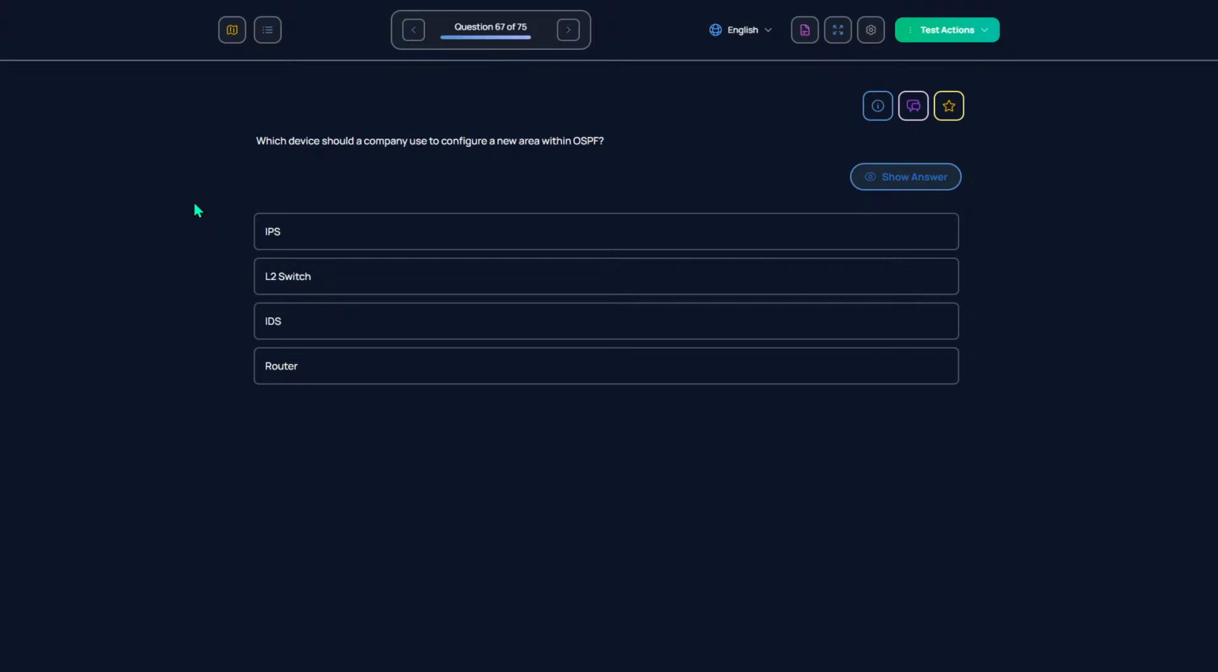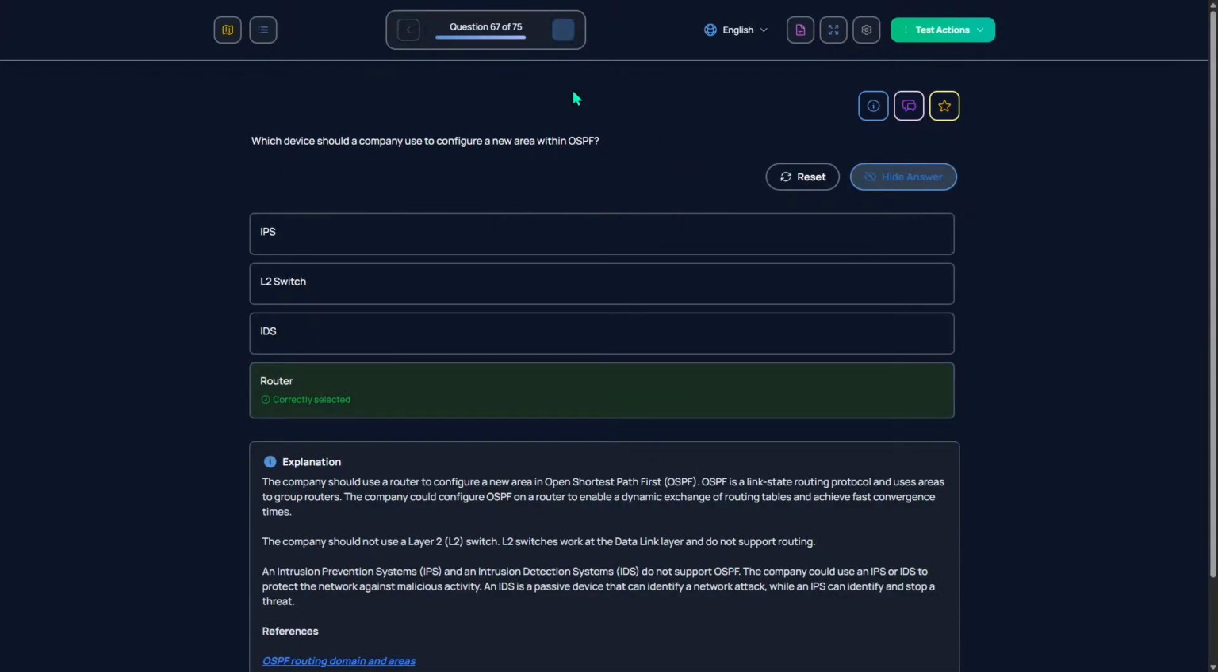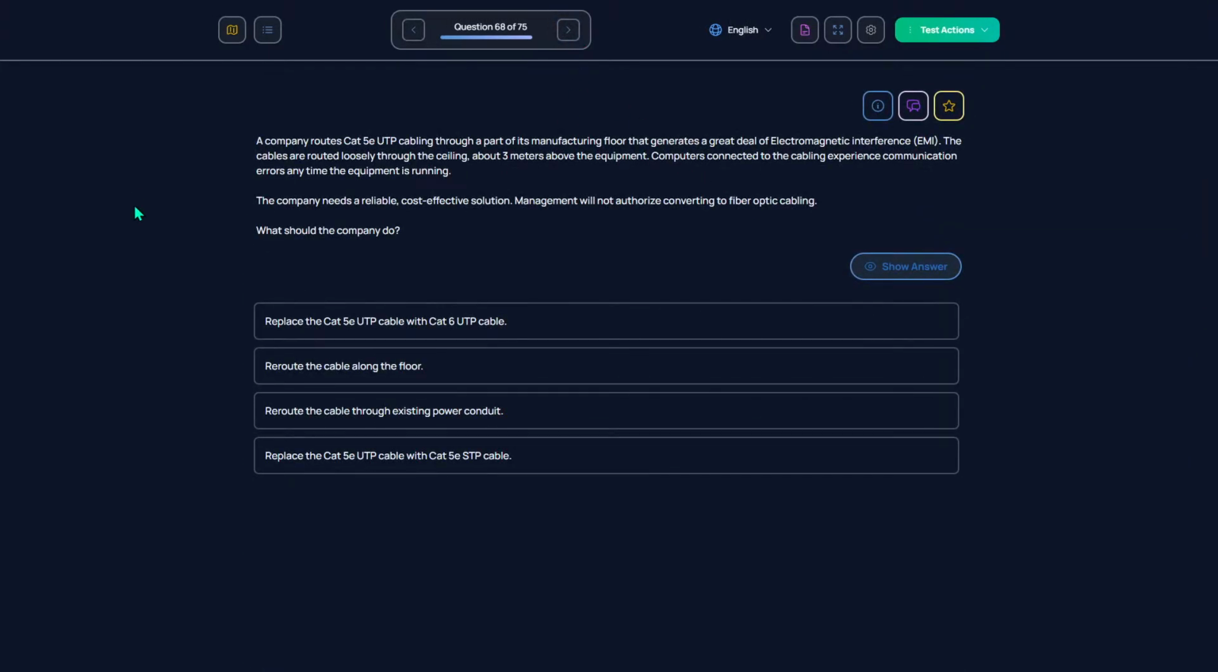Which device should a company use to configure a new area with OSPF? A router? Yeah. The company routes Cat5 UTP cabling to the part of its manufacturing floor that generates a great deal of interference. Cables are routed loosely through the ceiling. Is this the one? What is it? It's